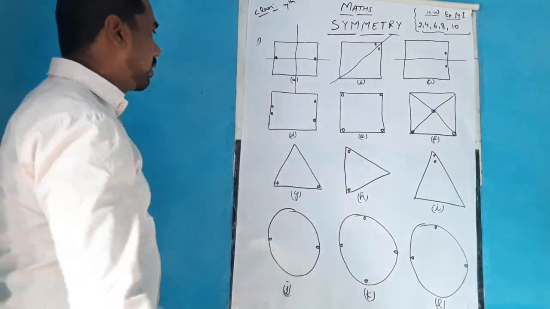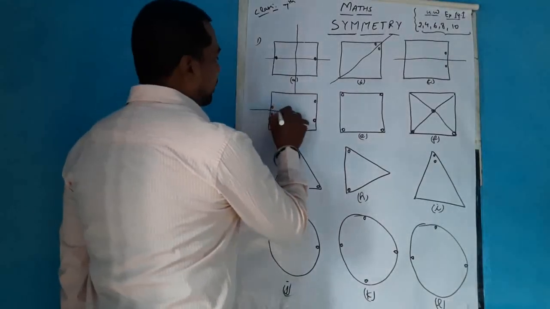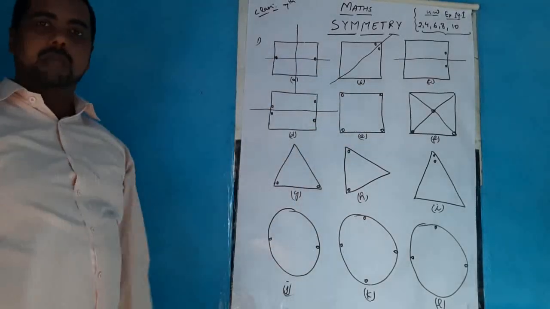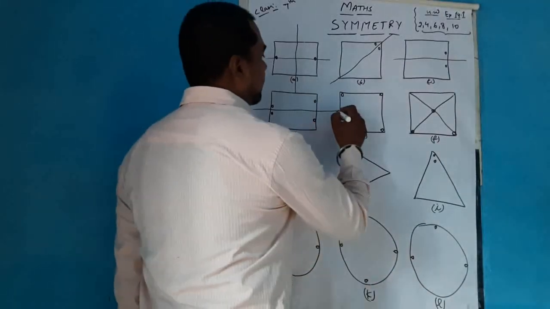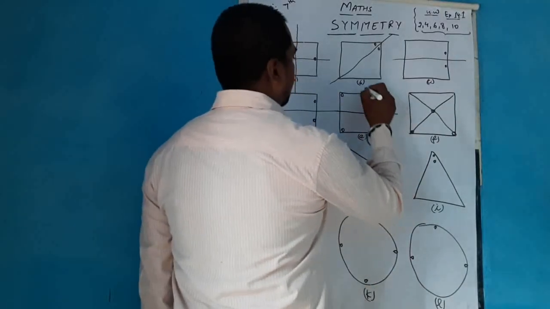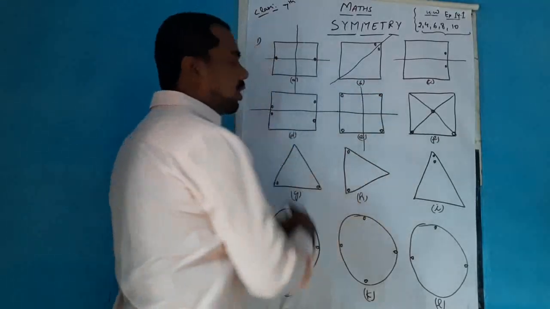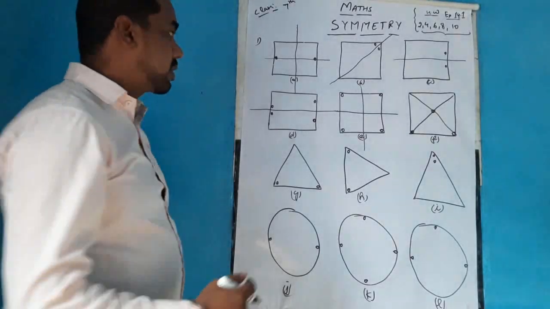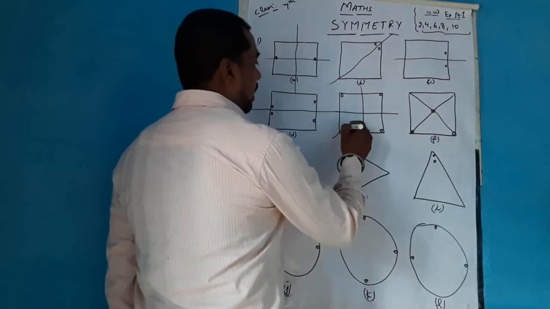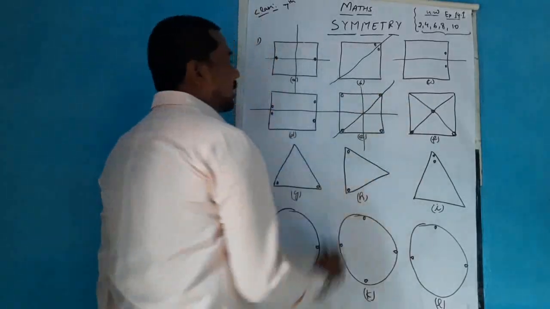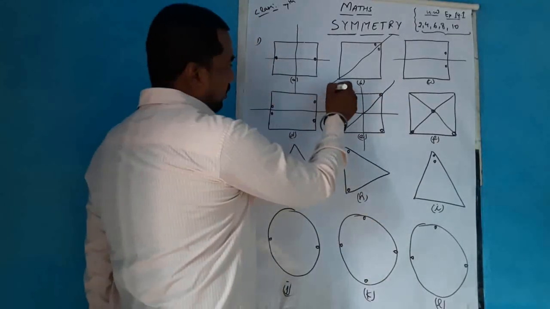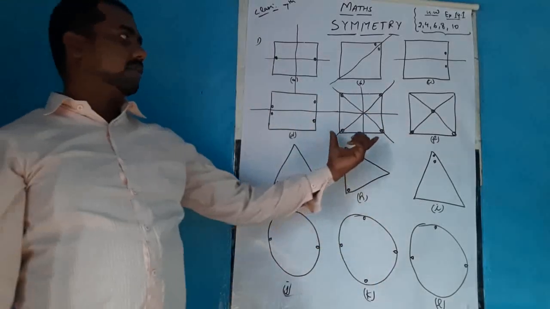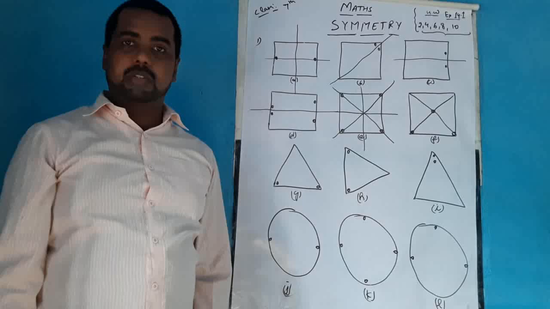Now I think you must have got the idea. So let's draw for the D part now. Here also you need to draw a horizontal line of symmetry so that this half is covered by the next. Here you will see that you can also draw a horizontal and a vertical. Is there a possibility of drawing the diagonals also? Yes, there is. From this half part of the dots to the other half, and in the same way from this half of the dots to the other half. So you have seen that this particular figure has four lines of symmetry.